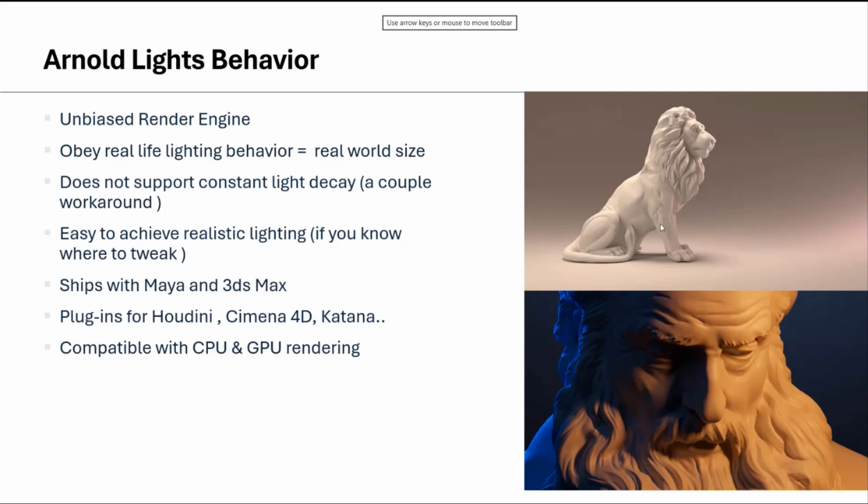That's why it's easy to achieve realistic lighting. Sometimes we need to tweak. Every render engine needs tweaking, like V-Ray and Redshift. So this is Arnold's behavior: easy to achieve realistic lighting.